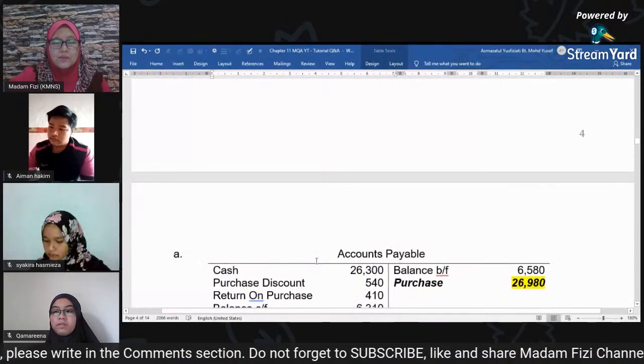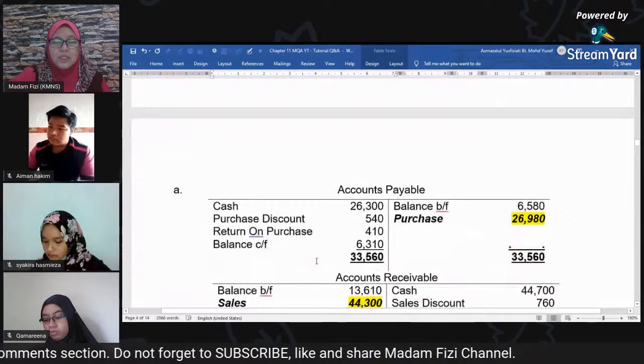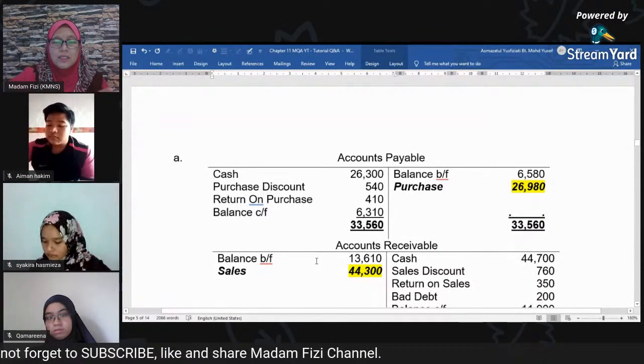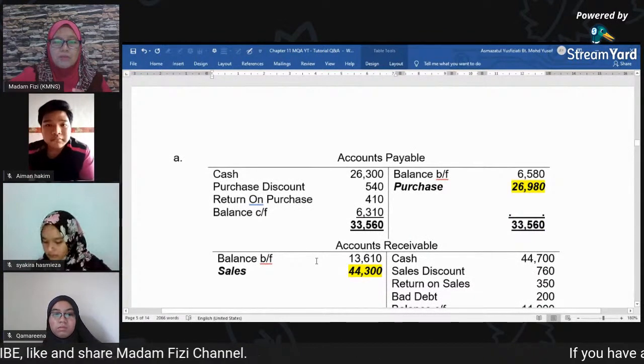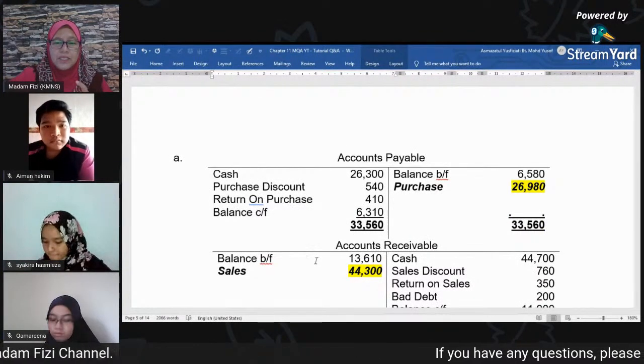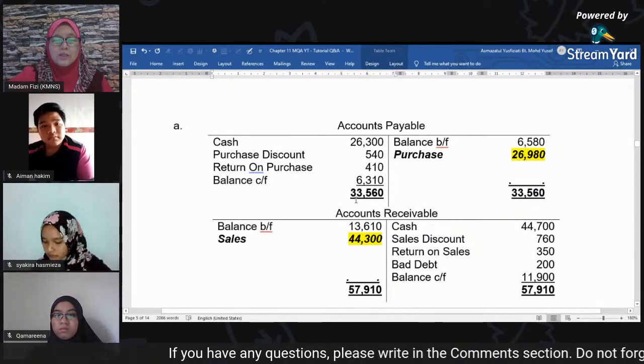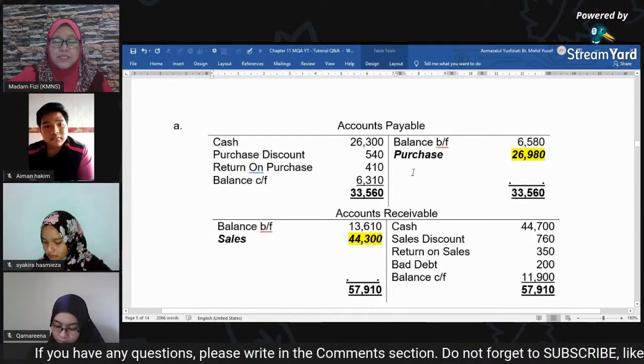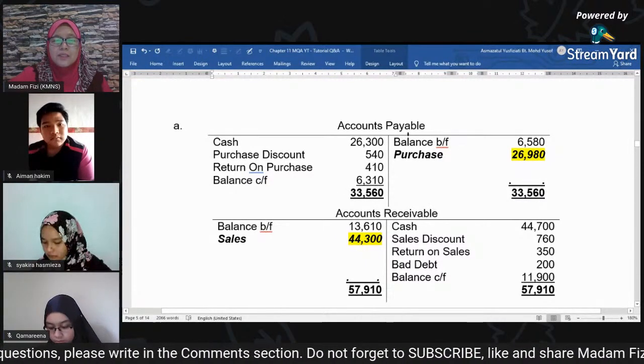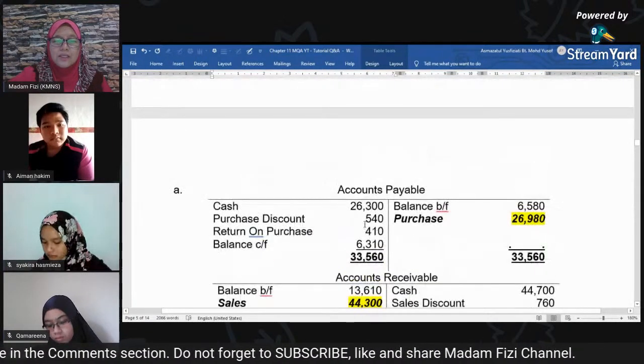Now before we prepare the statement, you have to calculate purchase and also sales. So firstly, to calculate purchase and sales,